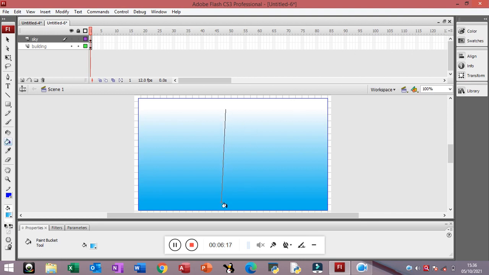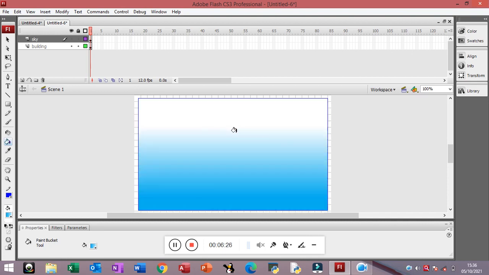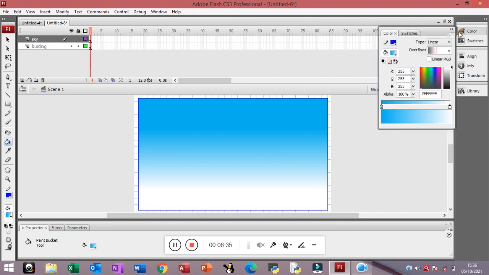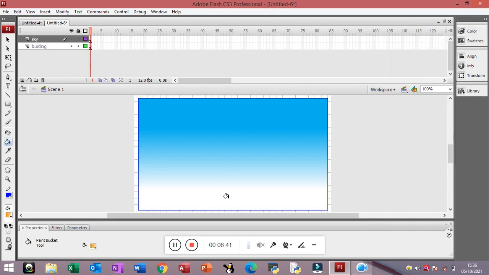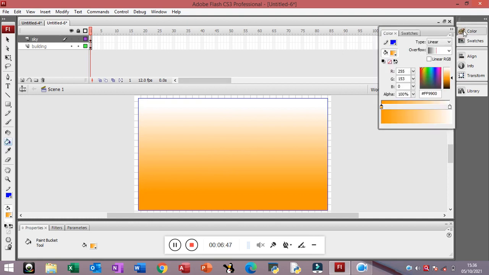You can do like this also if you want. जिस भी side आपको dark या light चाहिए आप वैसे ले सकते हो. Okay, I'm taking it this way, and moreover if I want to have this type of effect you can have. Okay, I may take two colors also, like if I want to have orange type of color, so I may take that also, but blue पूरा पूरा चले गया तो blue ले सकते